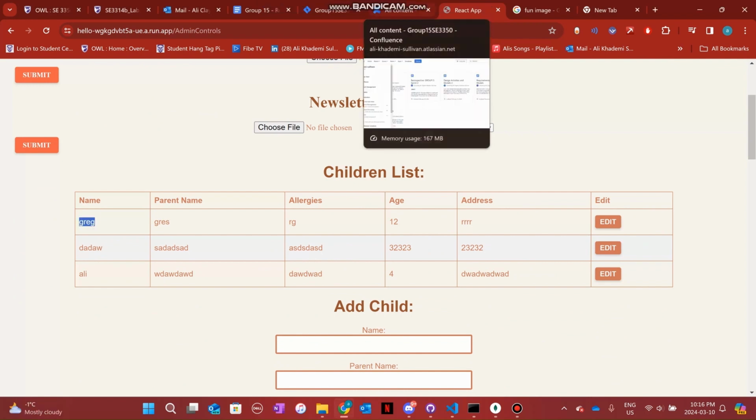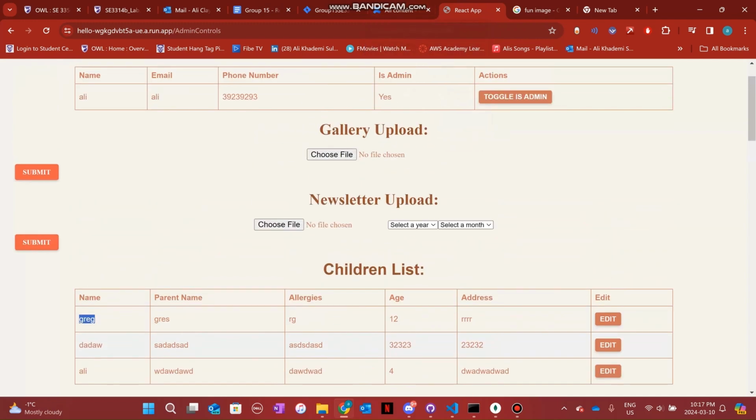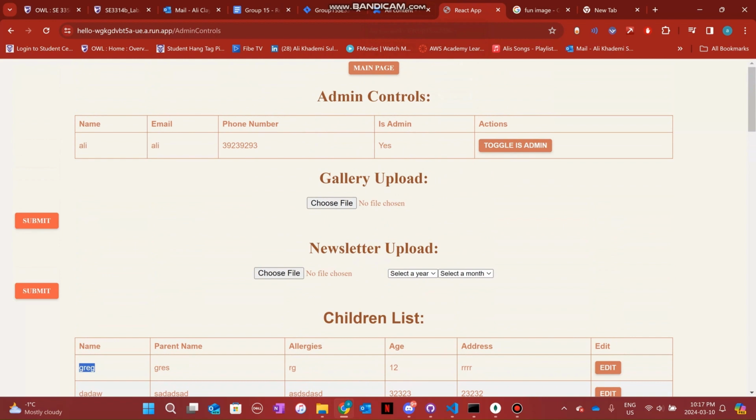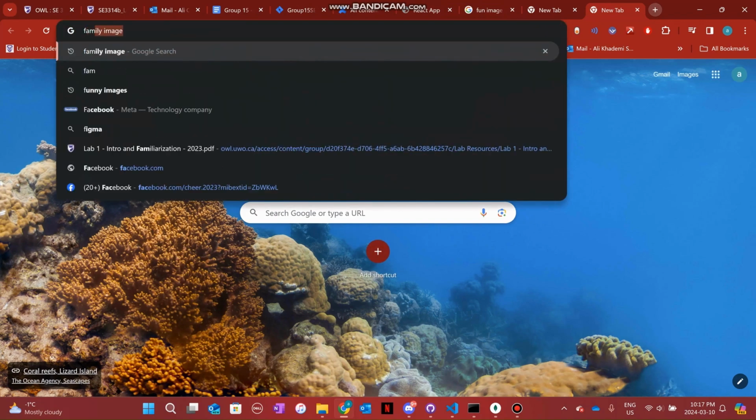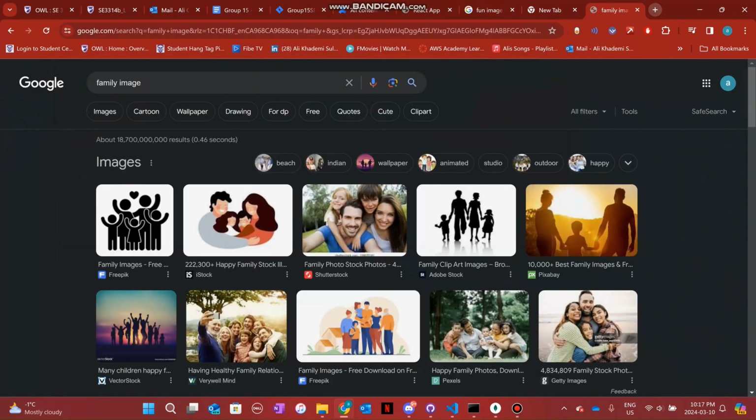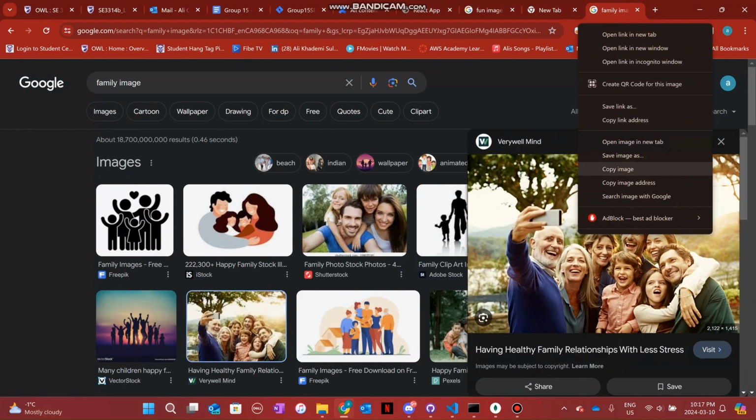The next 2 user stories that I'll show you are the gallery user stories. As a child, we wanted to see the gallery, and as a public user, we wanted to see the gallery. So we did this by putting it on the main page for now. This could be subject to change, but we're going to leave it here for now. So you go into the admin page to actually upload a gallery. And then if I take an image, like a family image, and I find a good picture to put on the website, save this image as,